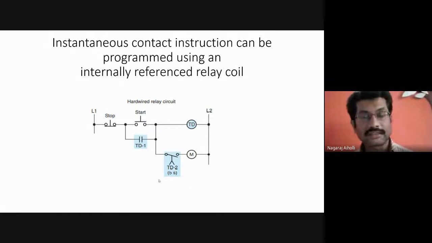After 5 seconds, what is happening? The motor coil is energized. That means you are checking the output of the motor coil after a 5 second duration. This is the example which illustrates the function of instantaneous output being obtained from the timer function. From the timer instruction, we are able to get the immediate or instantaneous output, or we can get the output after a certain time duration also. There are two options, two possibilities here.